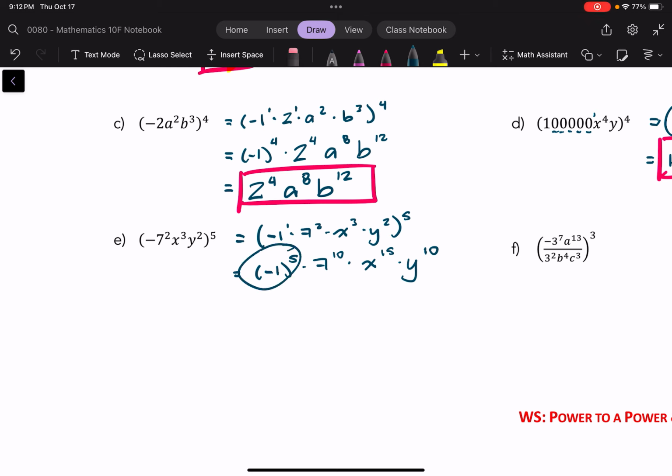Now, of course, I'm always evaluating my -1 power. Always, always, always, because it's not a simplified form. Now, again, that exponent is odd, so I'm expecting a negative result. So I'm just going to represent that as a negative in front of the rest of my value. The really good thing about treating this negative